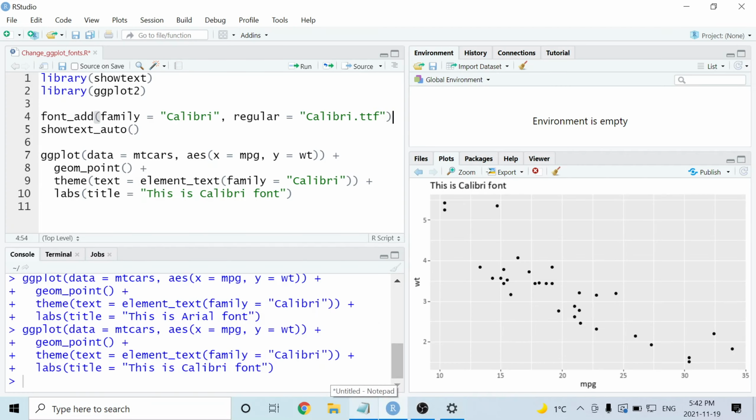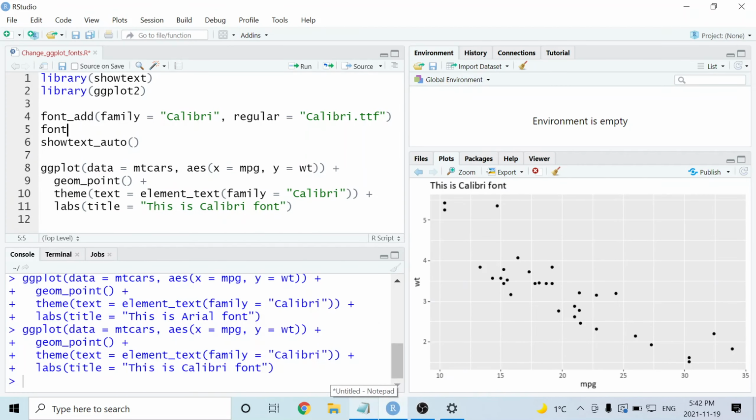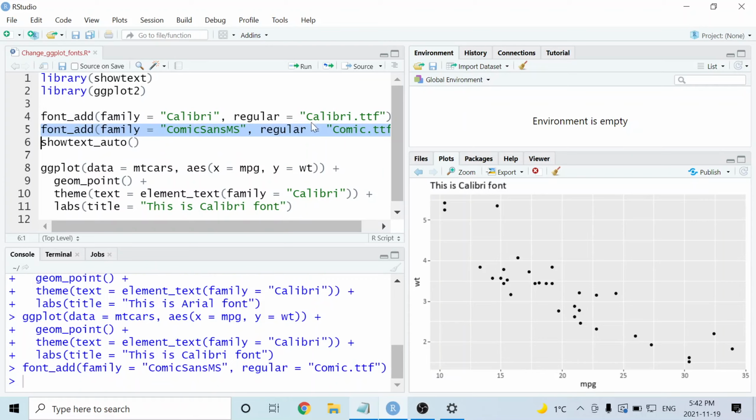If I go back into RStudio, I'm going to again need to use the font_add function. For the family argument, I can call it whatever I want, so I'm going to call it Comic Sans MS. But for the argument called regular, that needs to be the name of the font file on your computer. Remember that was comic.ttf. If I run that line of code, I should now be able to use the Comic Sans font in my ggplot.